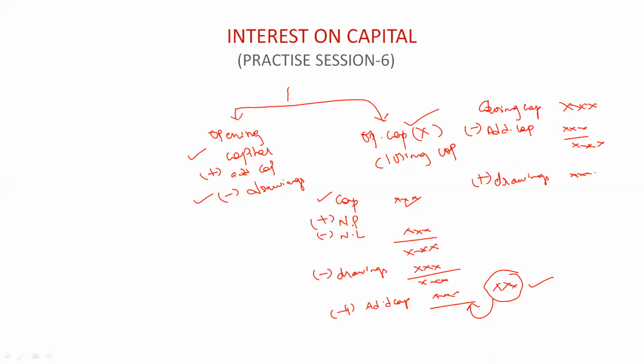Okay. Then again we'll get a certain amount. Then if we had net profit, we would add it. If we have net loss, then we would deduct it. In this case, we have to do the opposite thing. If we have net profit, then we will deduct it, and if we have net loss, then we will add it. Okay. So we'll get an amount. So this amount will be the opening capital, right? We have to find out this amount.